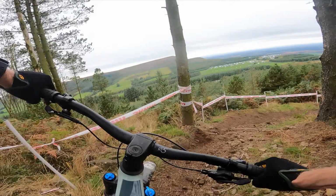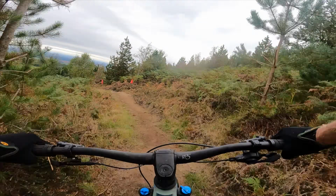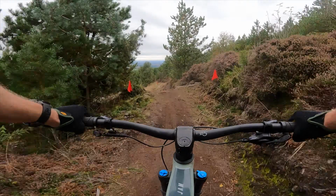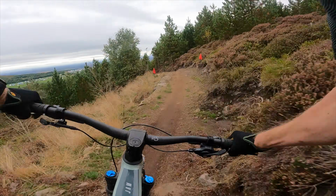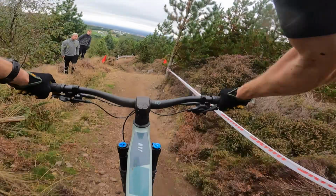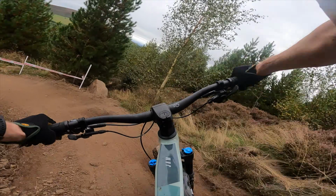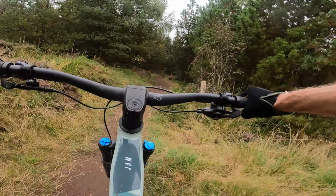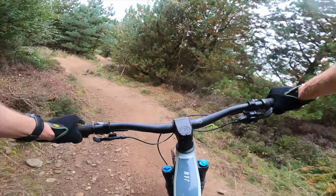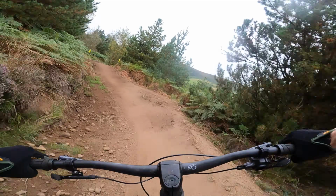But yeah, felt pretty good down there, but it's definitely more skittery, I can feel. But yeah, it makes it a bit more poppy, so that's an option if you're on more groomed, swoopy, scoopy trails. All right, which this is kind of, but yeah, unsurprisingly it does kick around more when you get into the braking holes,